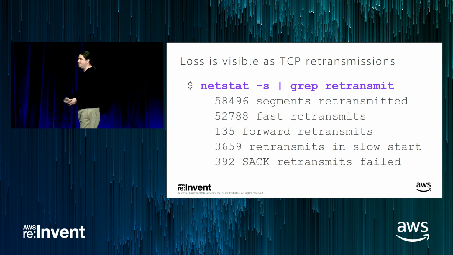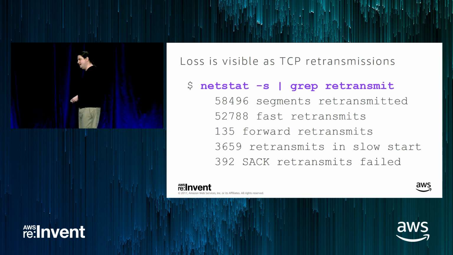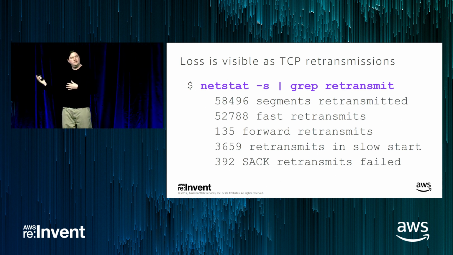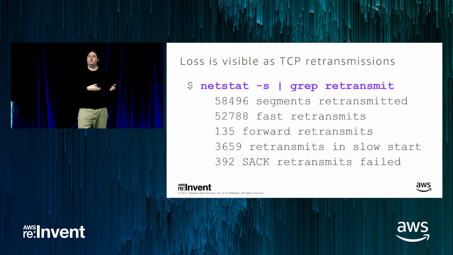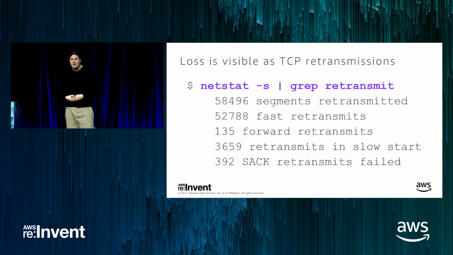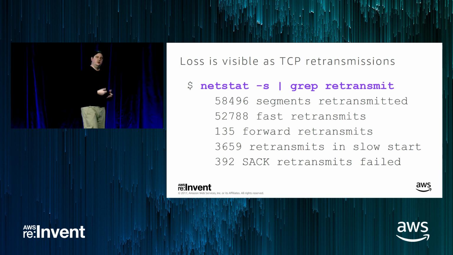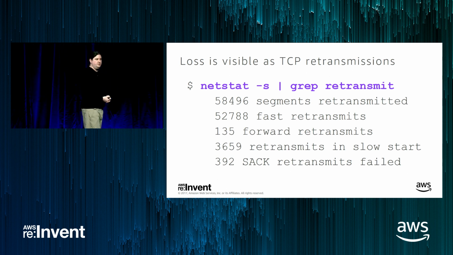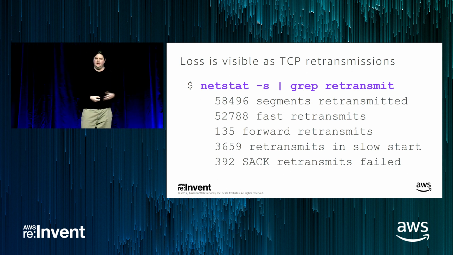So here I'm grepping out the retransmission statistics from out of netstat. And netstat is coarse-grained in that all of the connections in the box influence these same counters. So I don't know which particular TCP connection is contributing to the retransmissions. These are also initialized at the kernel boot time. So this particular box has about 58,000 retransmissions, but I don't know if that was from 10 seconds ago or